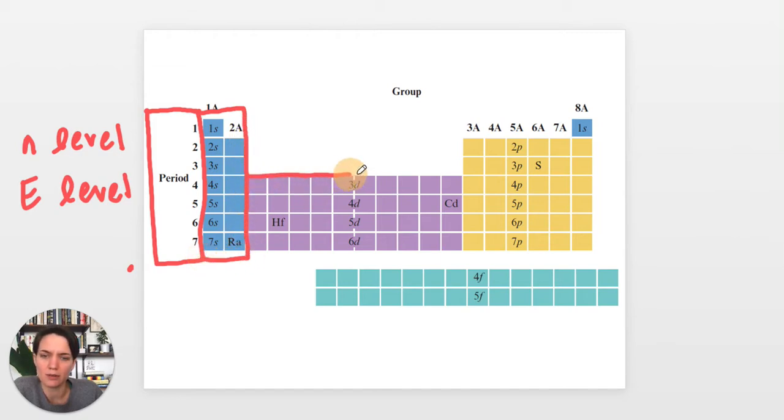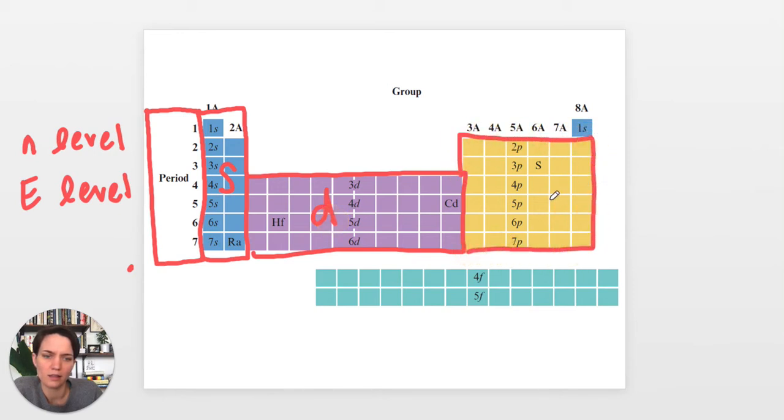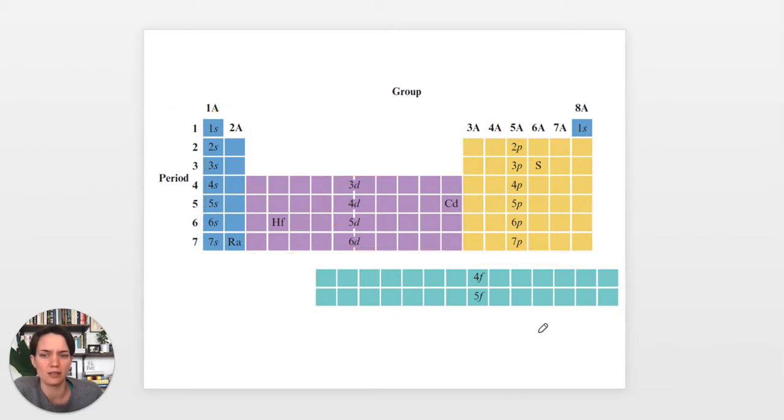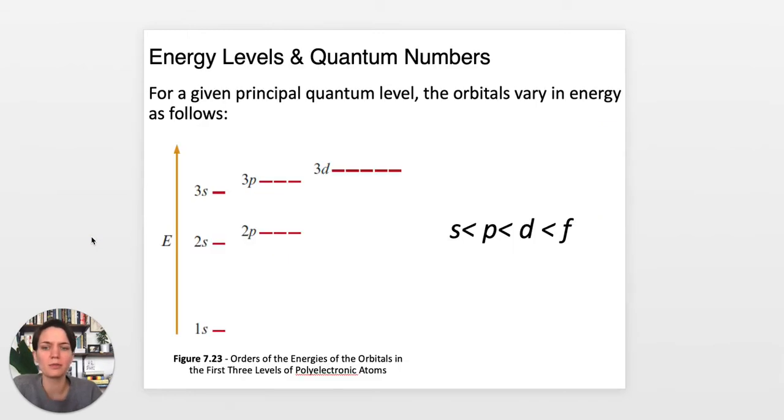So we have s orbitals, we have d orbitals, p orbitals, and here we have our f orbitals. Those are the lanthanides and the actinides. We don't really talk about those very much. Okay, so it's essentially what we used this figure for, and now we're going to see how we can write electron configurations from that. But before we get there, we need to dive a little bit deeper into